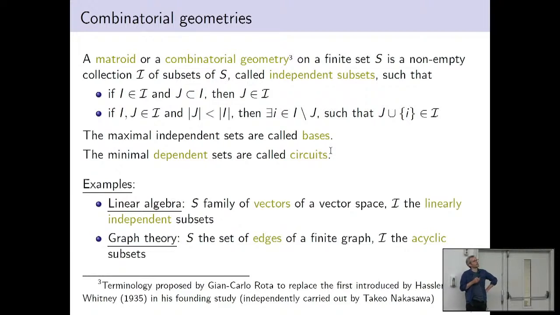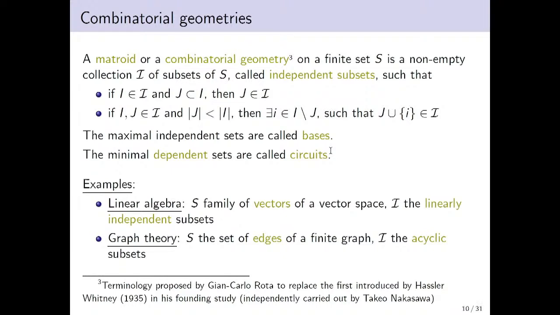So if you're given a finite set S, a notion of combinatorial geometry on this finite set is a non-empty collection I of subsets, which you call the independent subsets of S. So they will define for you what are independent. And all subsets which are not independent are called dependent. And so, of course, if you want some properties to be satisfied, you cannot take any I, so they have to satisfy two axioms. The first is a hereditary property: if I is included in capital I, and J is a subset of I, then J must also belong to I.